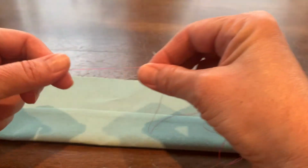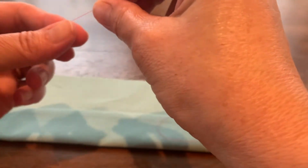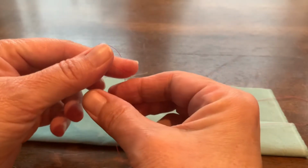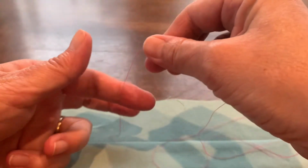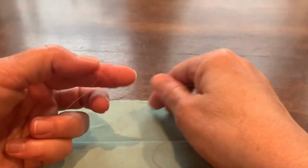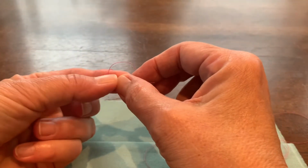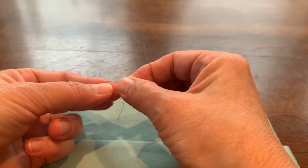We're going to tie a knot, and I like to do a colonial knot, and that means I wrap it around my finger, just like this. Now my tail is on the underside. Let me wrap it one more time. Okay. Hold it like this and then wrap around your finger and cross it over, okay? Now pick that tail up and push it through the loop,